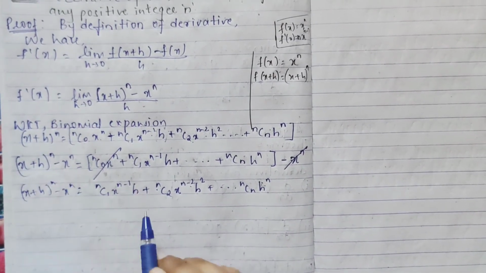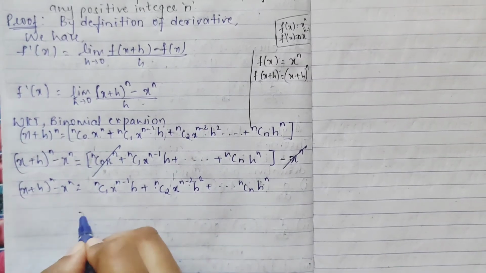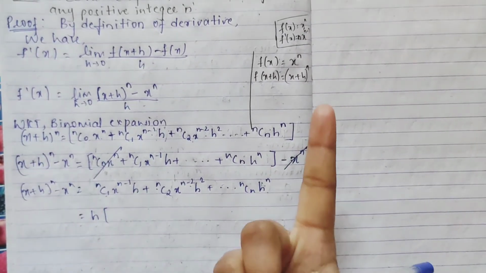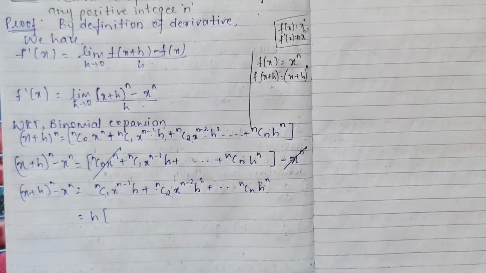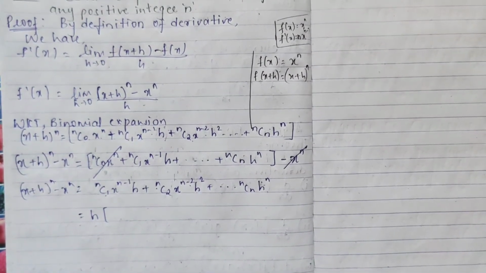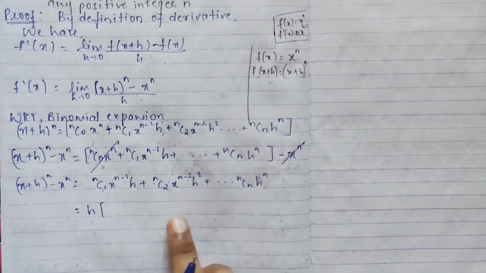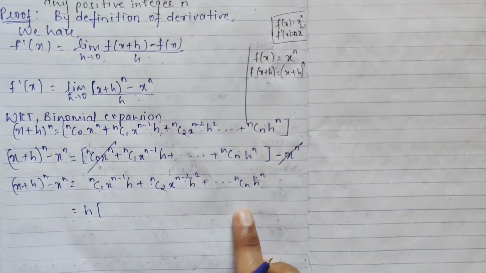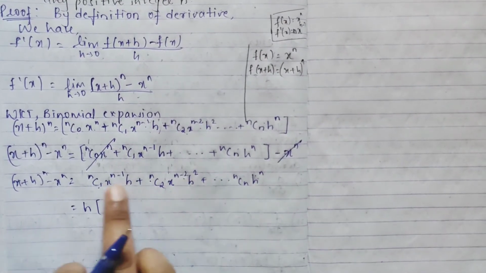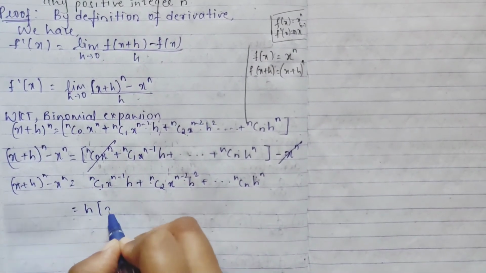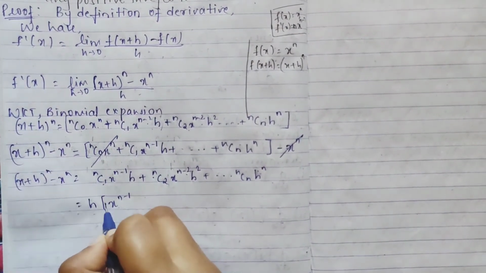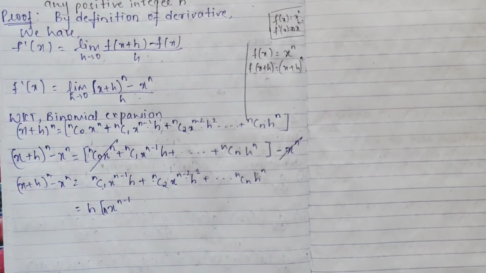Now as you can see here, h is common up to here, so I can take h common. If I take h common, what will I be left with? nC1 is n, so leave it as this combination. nC2 will be n into n minus 1 by 2, x raised to n minus 2, h square, so on up to nCn is 1, again h raised to n, so on. So from this only we will take h common. So I will be left with x raised to n minus 1 into n, right? nC1 is n, nC1 is n,